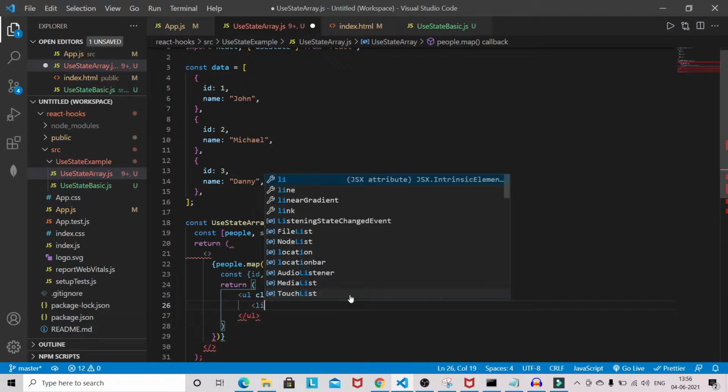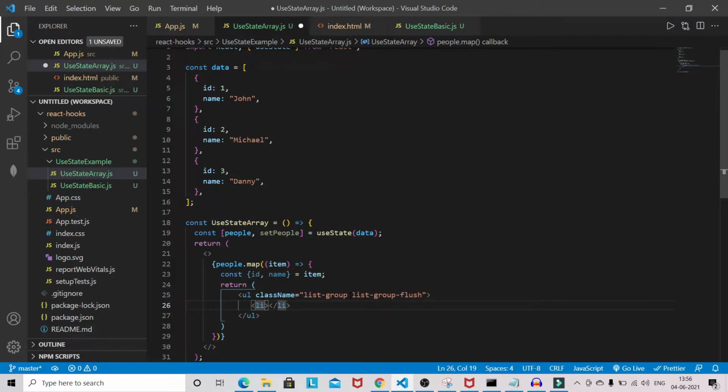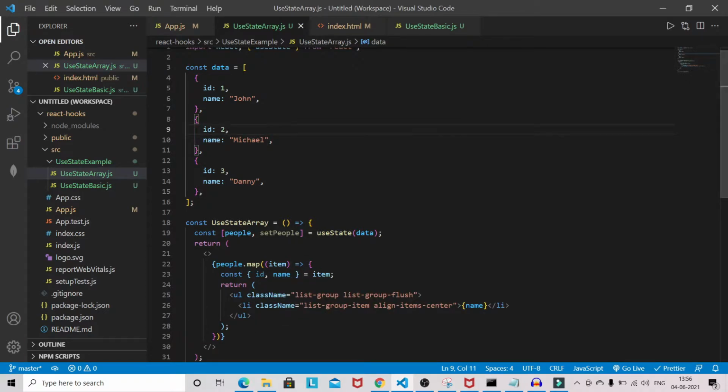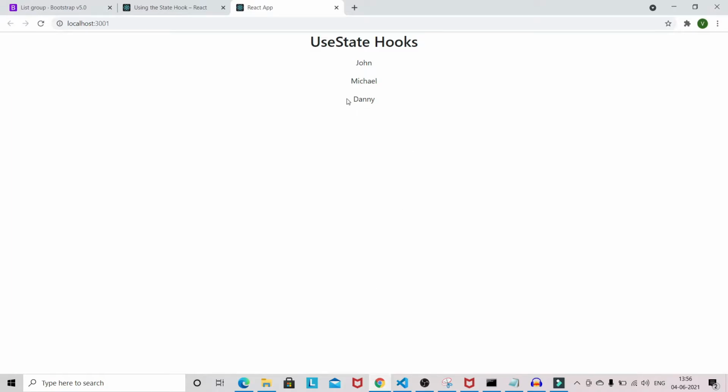Then we will have a list item, and the class name will be list-group-item align-items-center. First I will display the name. Okay, so let's see. Now we are getting the names.